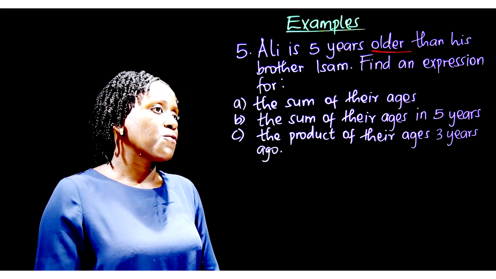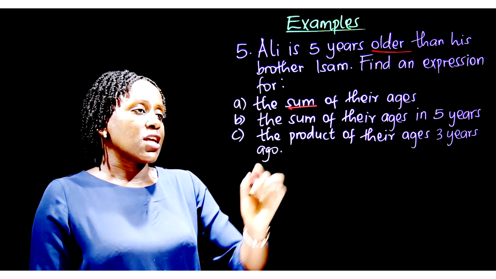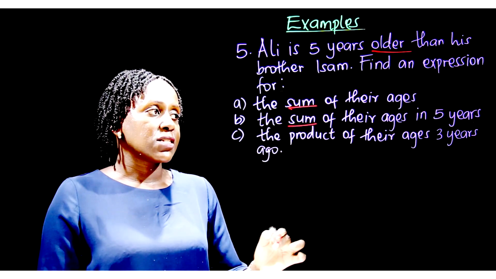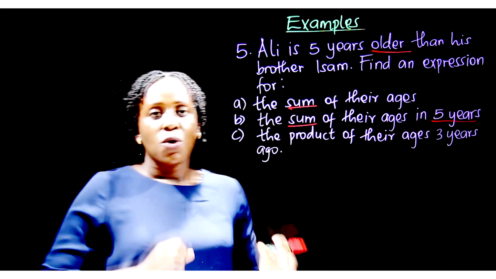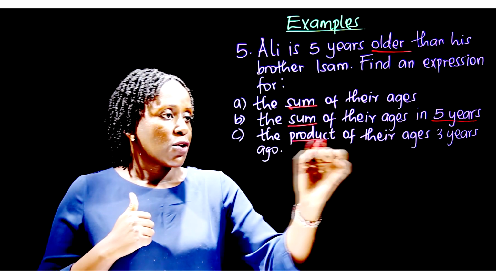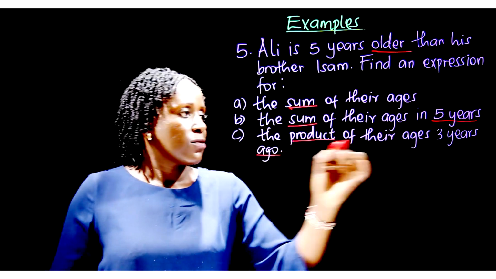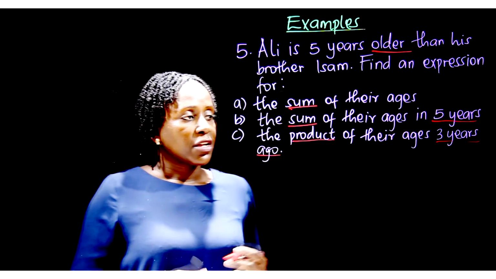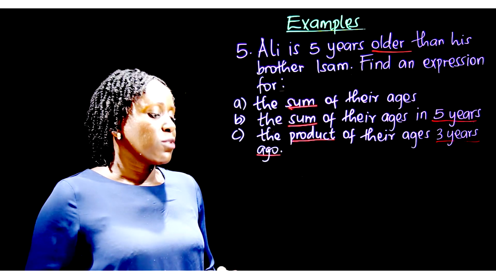Find an expression for the sum of their ages, then the sum of their ages in 5 years. So in the next 5 years, what will be the total of their ages? Then the product of their ages 3 years ago. So these are all very key points that we have to consider for us to be able to work this